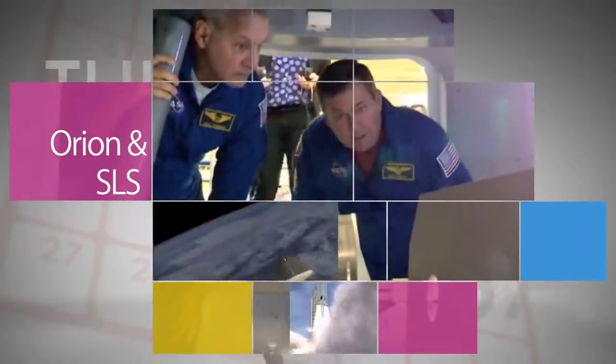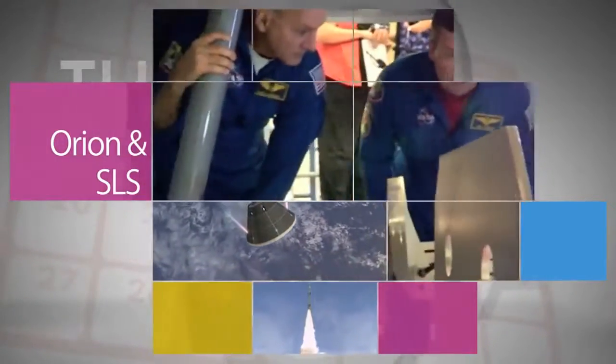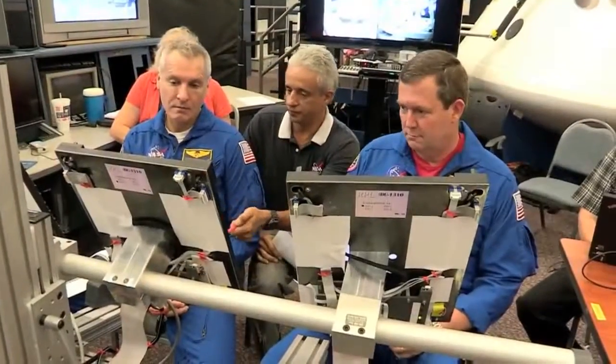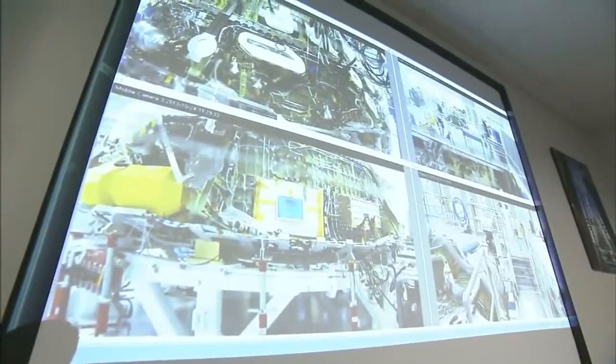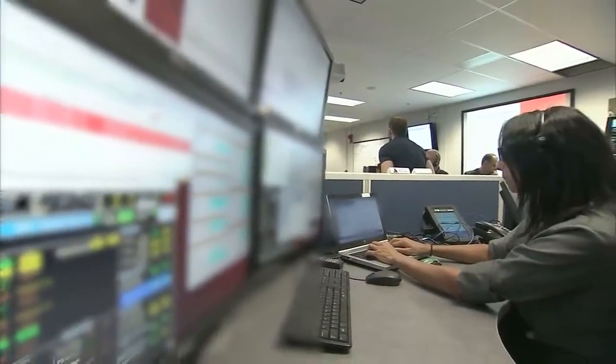NASA ramped up work in 2013 on the spacecraft that will take humans to Mars and other deep space destinations. In September, NASA astronauts conducted the first simulated launch aboard the Orion spacecraft to evaluate its cockpit design and emergency procedures. Orion's avionics system was powered on for the first time in October, a major milestone ahead of its 2014